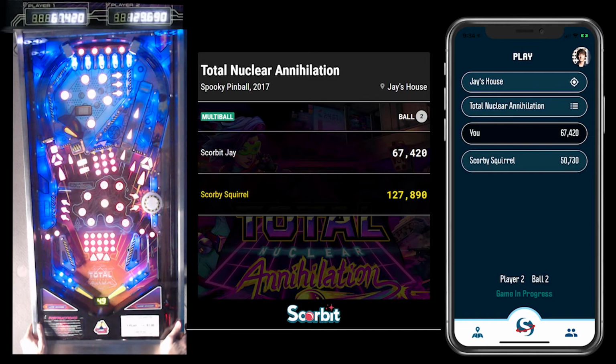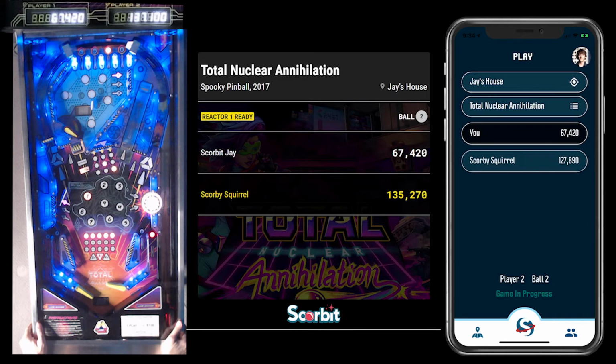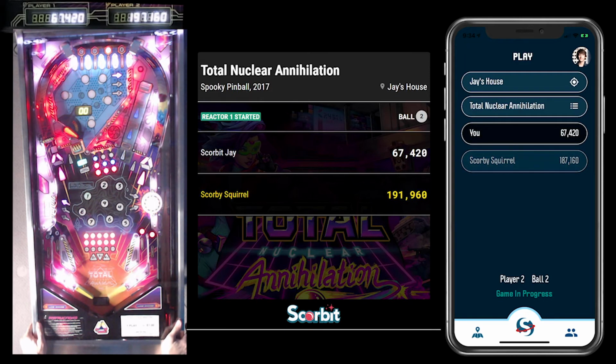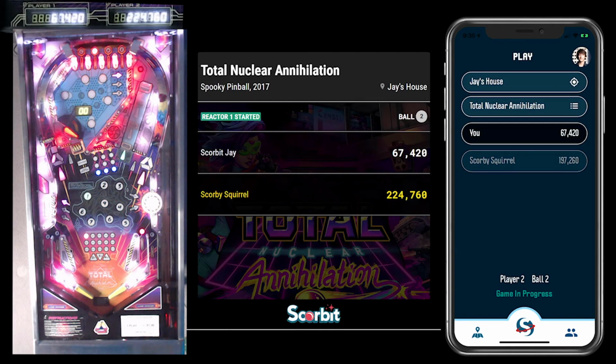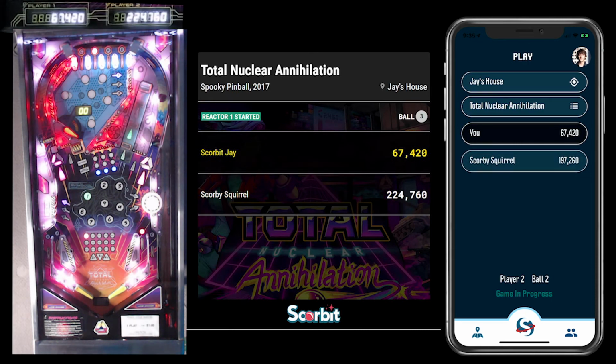So there's a Scorbitron located in the game that's connected to the internet. The internet is sort of in quotes because depending on internet latency and where you happen to be, that will define how fast that data is sent into the cloud. Similarly, the phone app is on an actual phone that this is being recorded from. It also has its own connectivity to the internet, and so does the scoreboard. Based on that latency, you'll see varying levels, but usually within a second or so, nothing that's